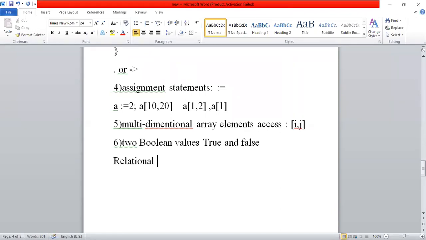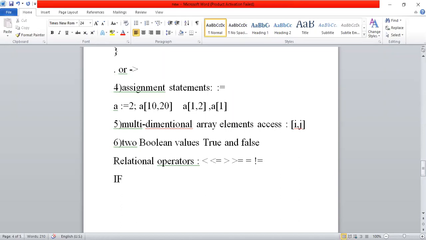Generally, we use relational operators in programs. What are the relational operators now? Less than or equal to, greater than or equal to, not equal to. Yes or no? So these are relational operators. Generally, these relational operators produce a result as true or false.